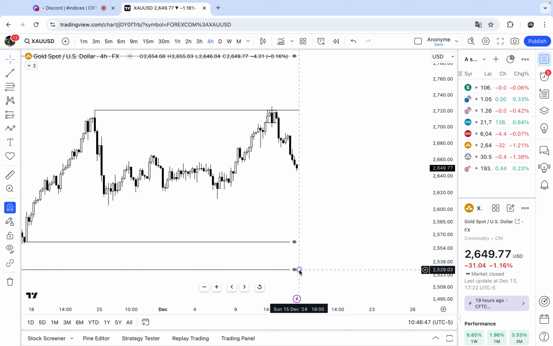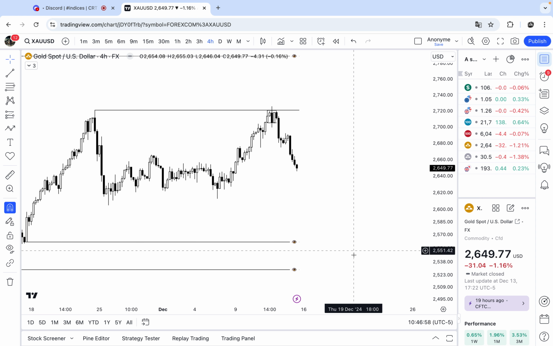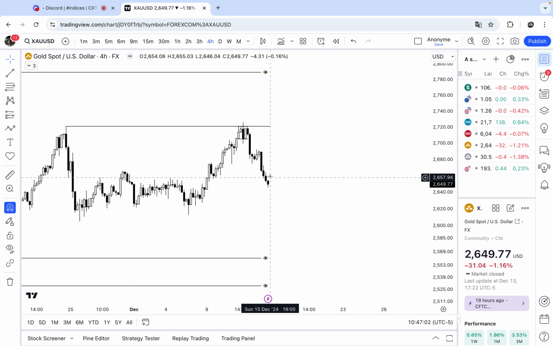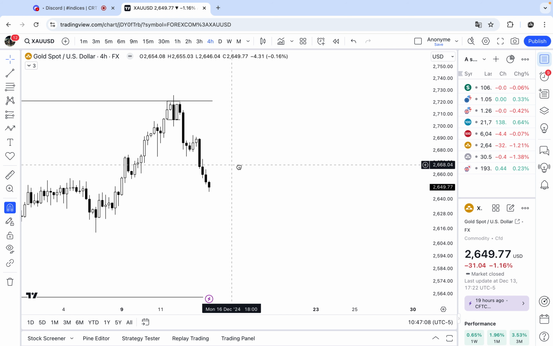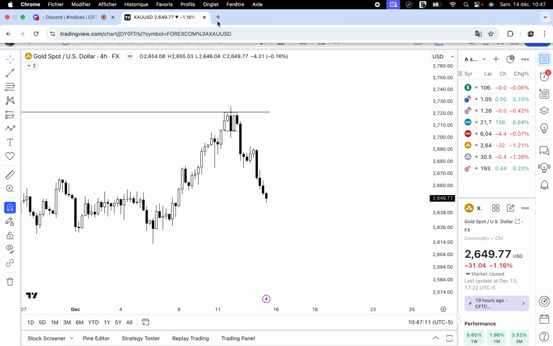Knowing that we are bearish, I'm gonna look for a retracement first and then expansions, bearish expansions. So what I'm doing is, first of all, I'm looking at